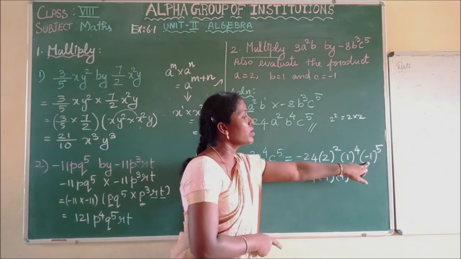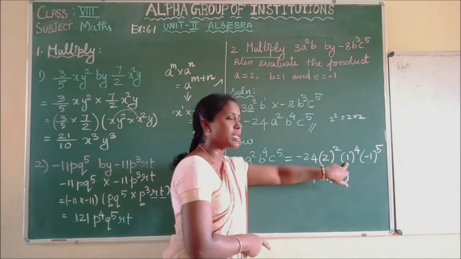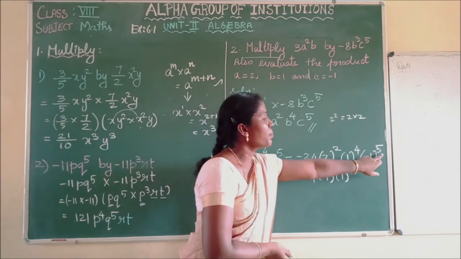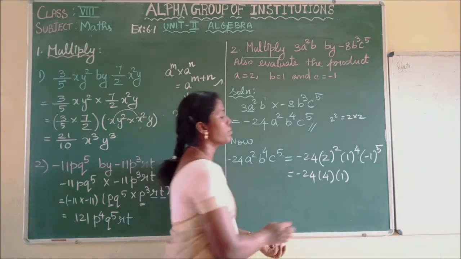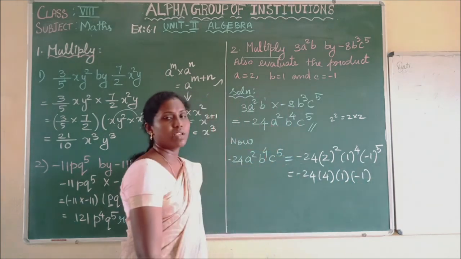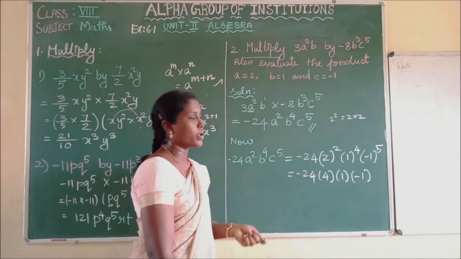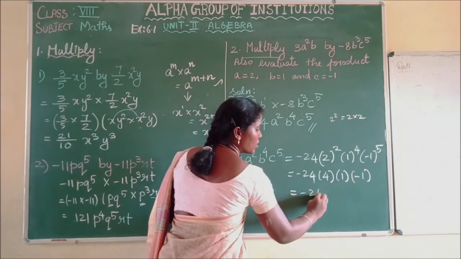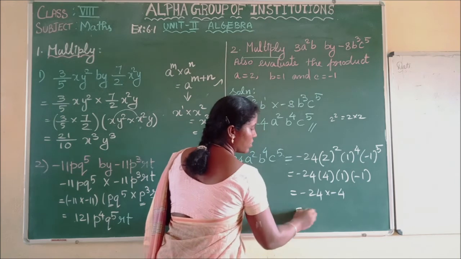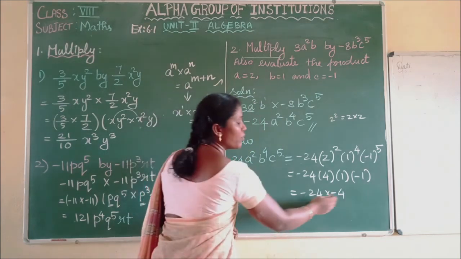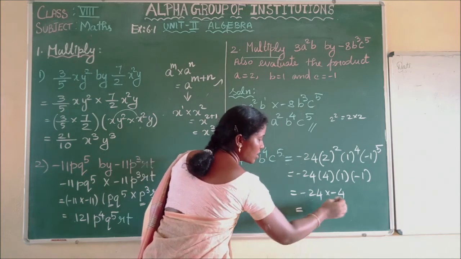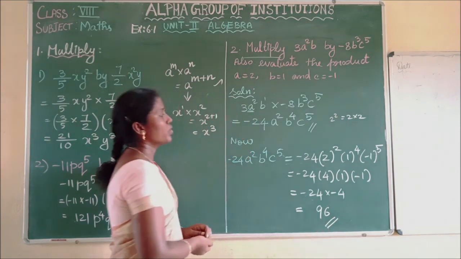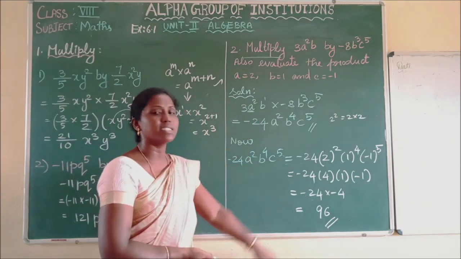Okay, so here we have minus 1. This is different from the earlier one, where we have plus 1 only. 1 to any power is always 1. But here we have minus 1. See the power of minus 1: we have an odd number. Odd power means the value will be minus 1. If it is an even power, it will become plus 1. Now multiply. 4 into 1 is 4. 4 into minus 1 is minus 4. So we got minus 24 into minus 4. Minus into minus will become plus. 24 into 4 we have to multiply. So 4 sixes are 24, 4 twos are 8, the value is plus 96. So if I find the product and evaluate, the final answer is equal to 96.